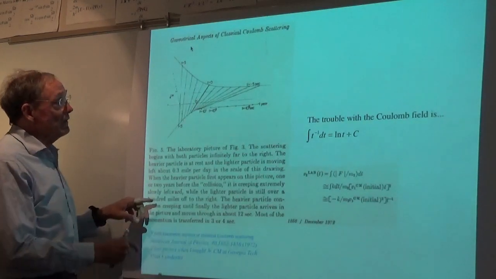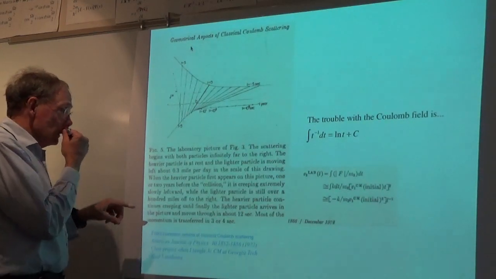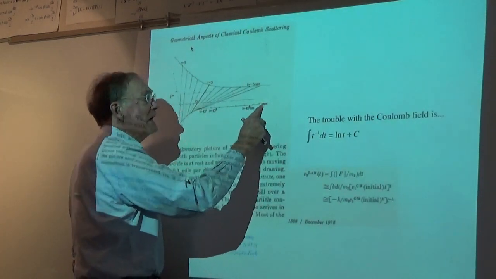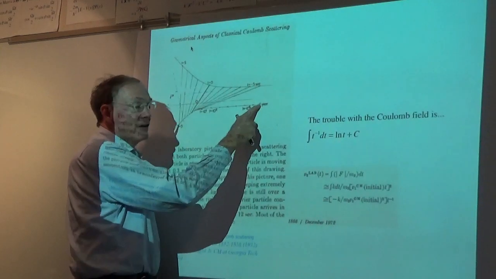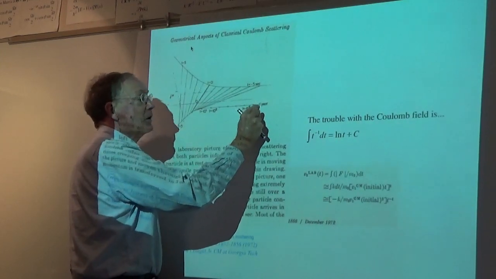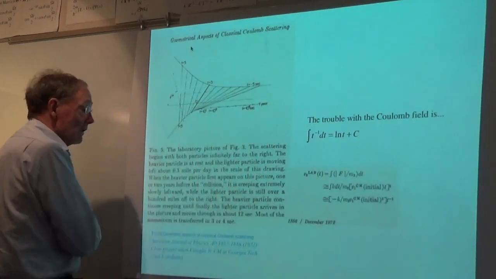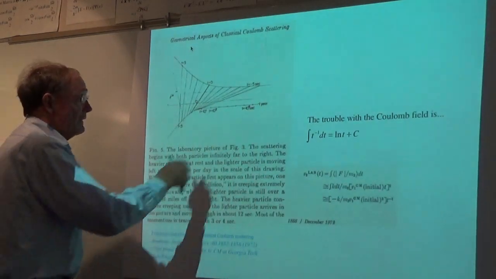And the way I've got the thing drawn here is that at minus 1 year before the collision, this heavy particle has shown up. So we're talking about 10 to the 7th or 10 to the 8th seconds, we're here. And then we wait until,